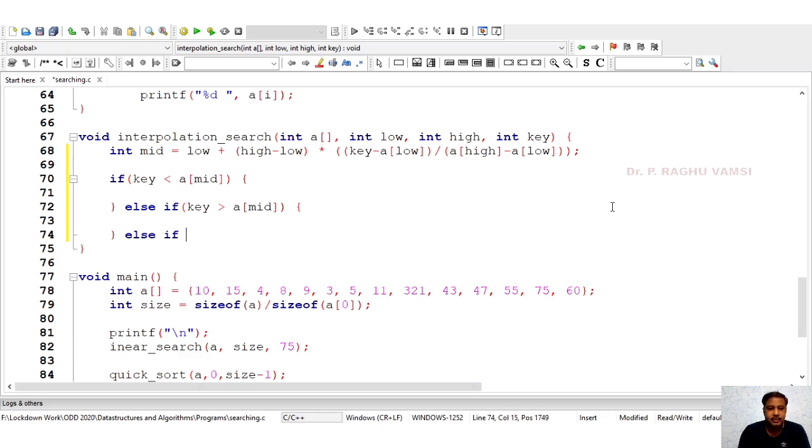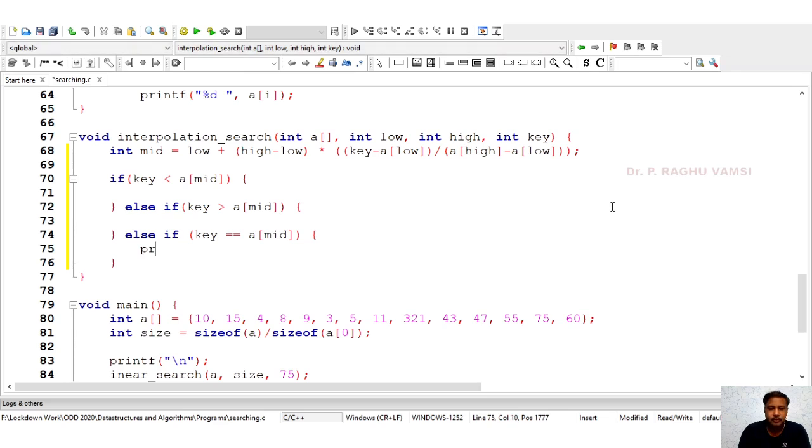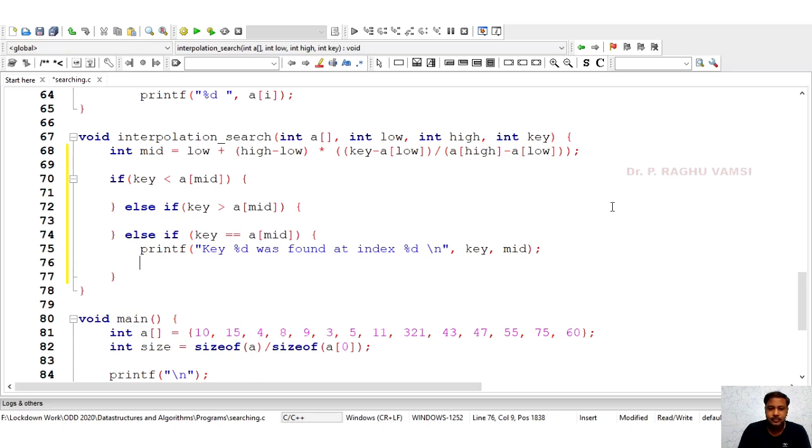Else if key is equal to a of mid, then printf "key %d was found at index %d", key comma mid, then simply return. Now if key is less than a of mid, recursively call the interpolation search.